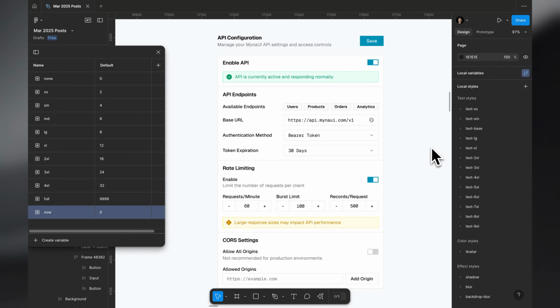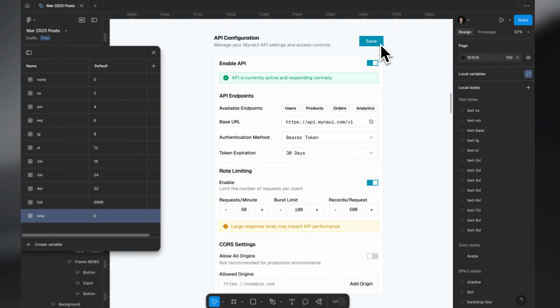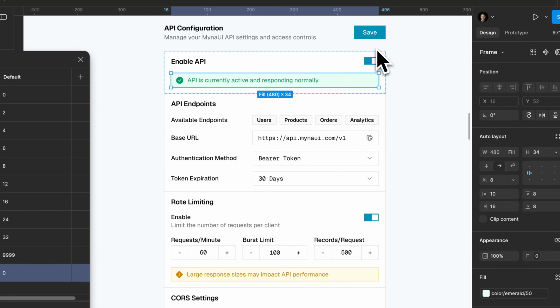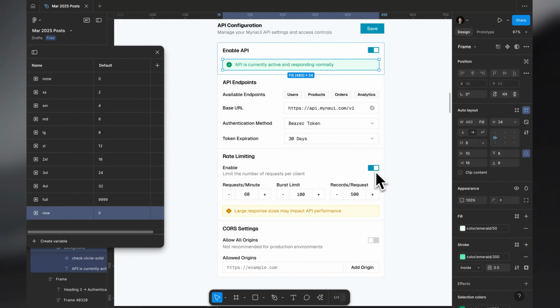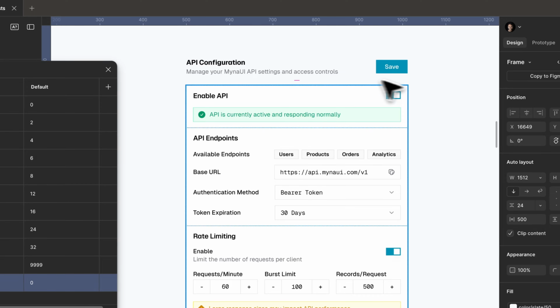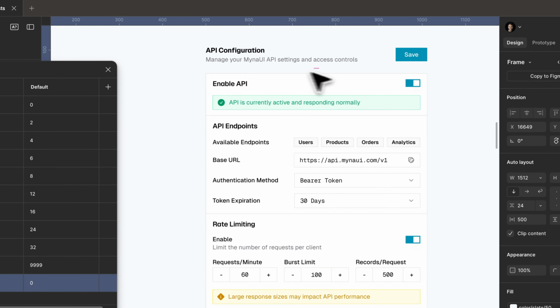Hey guys, today's UI design tip is to use correct border radius for correct projects. So what I mean by that is border radius is the curves for all these inputs, buttons, switches, everything. So as you can see here, we don't have any border radius, so everything's very straight,